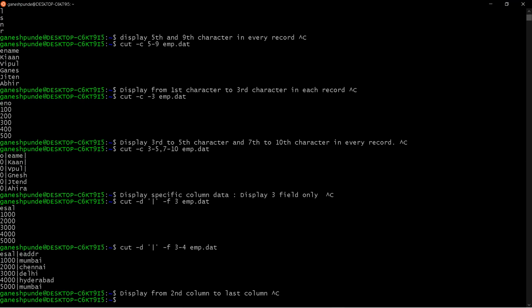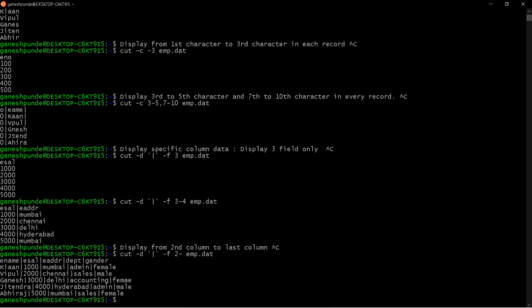So you can say cut -d, and you can say F2 and dash. So now you can see it is displaying from the second column. The employee number is the first column. So from second column onwards, it is displaying.